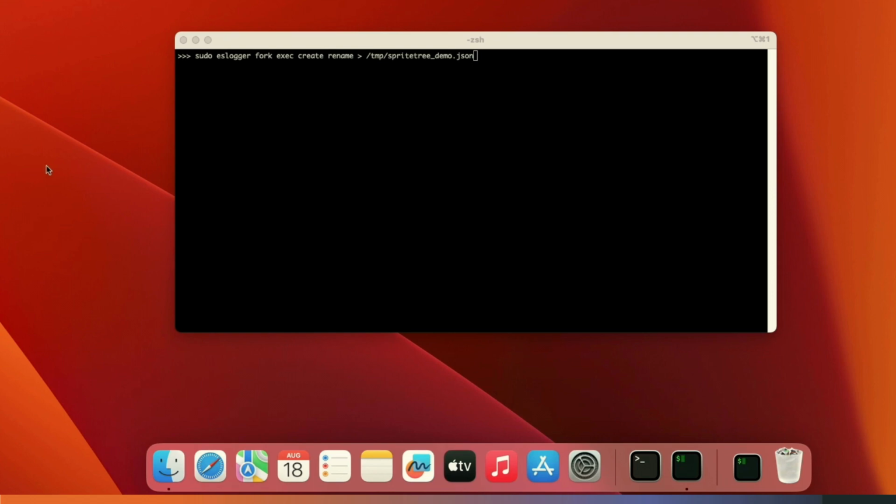Tree. Now, I will say we're generally using this for smaller captures. In other words, we're not capturing data for weeks, right? We're usually running ESLogger, taking a malware sample, and then detonating it, maybe running that for 10 minutes, and then loading that into Sprite Tree. We're using it for direct analysis and not very large captures of telemetry over the course of weeks, right? You'll probably crash the app at the moment; we're still continually working on making it better.